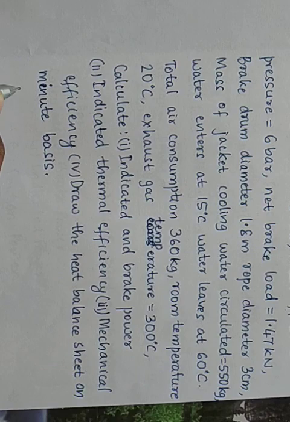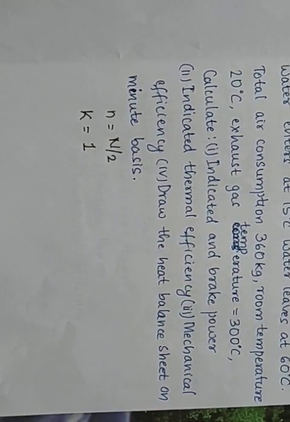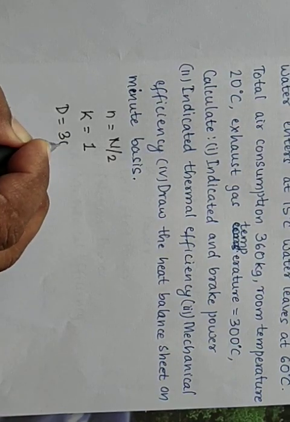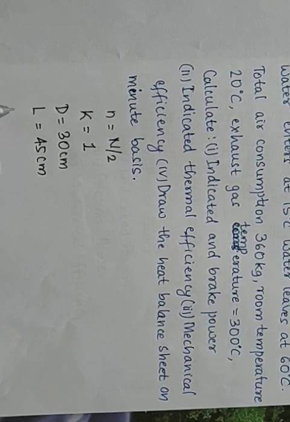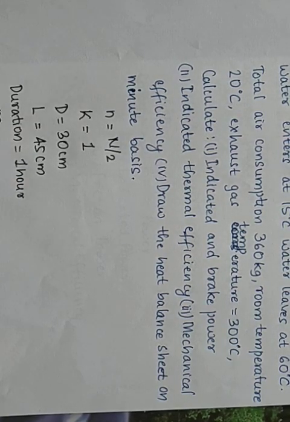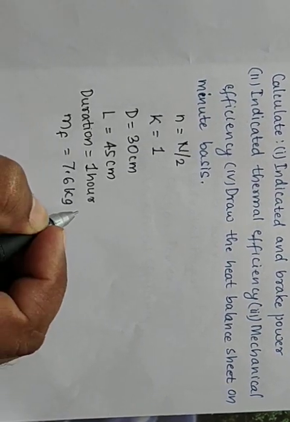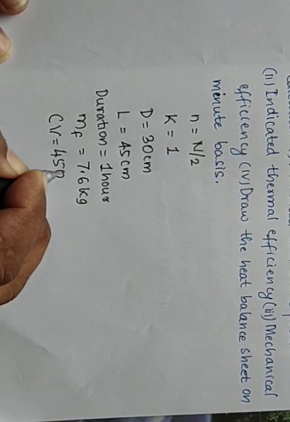So diameter is given, so it is a 4-stroke engine, so I will write small n is equal to capital N by 2, K number of cylinders is 1, then the diameter is given, capital D equal to 30 centimeters, stroke length 45 centimeters, duration of trial, that is duration is 1 hour, total fuel consumption MF 7.6 kg, then calorific value CV 45,000 kilojoules per kg,